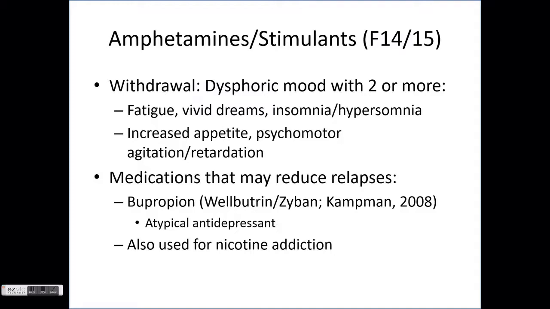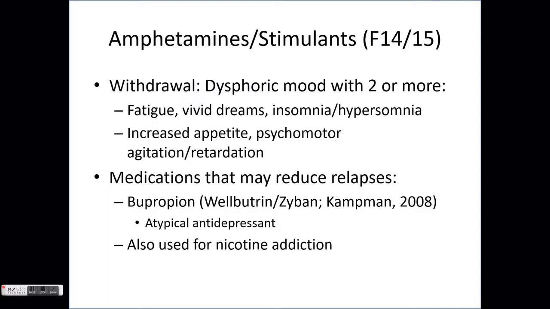There are some medications out there currently that are supposed to help with relapse prevention. Bupropion is the only one really right now, and you have to use it off-label. It's called Wellbutrin or Zyban. It's an antidepressant. It's designed to help balance out dopamine receptors in the brain. It turns out that amphetamines react specifically to the dopamine pathways in the brain. Other medications and drugs do this in different ways, but amphetamines are the class of substances that directly stimulate your dopamine pathways. Bupropion can help balance out dopamine, so that's how it seems to have a good effect on preventing